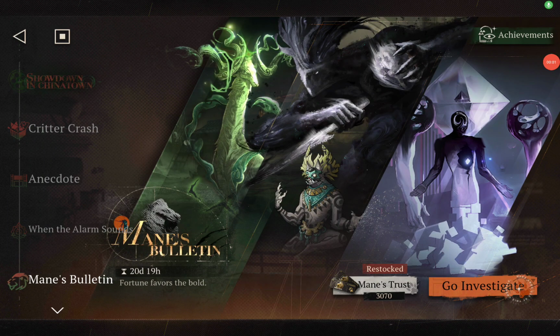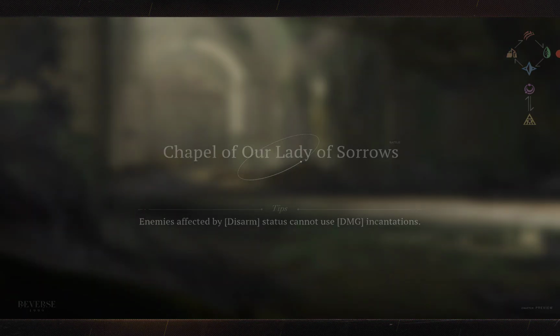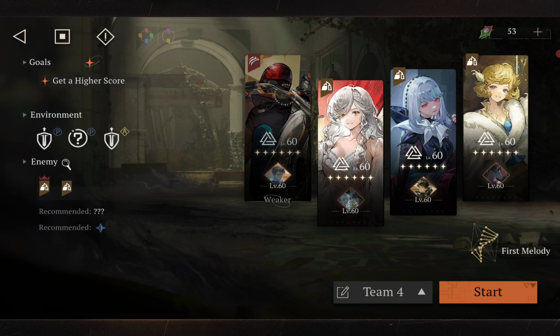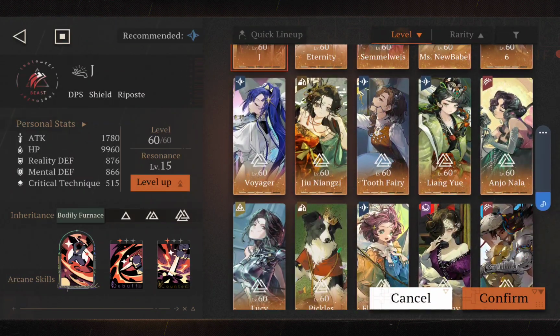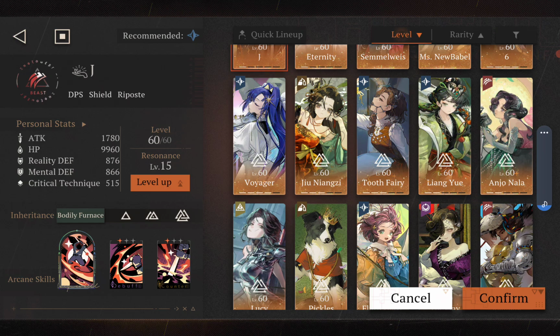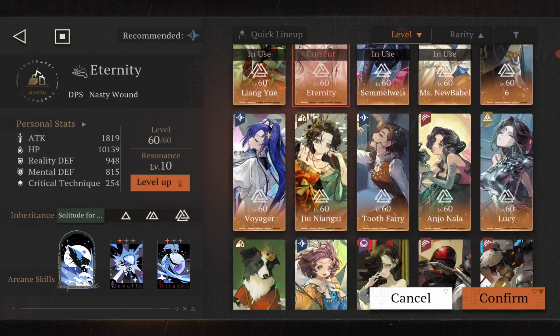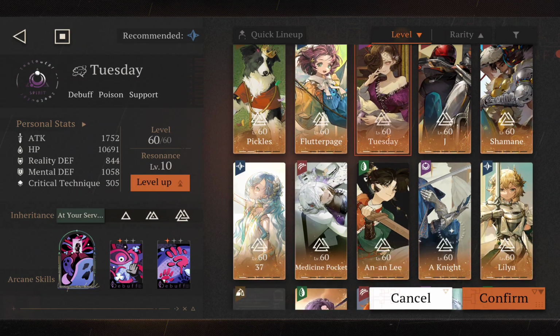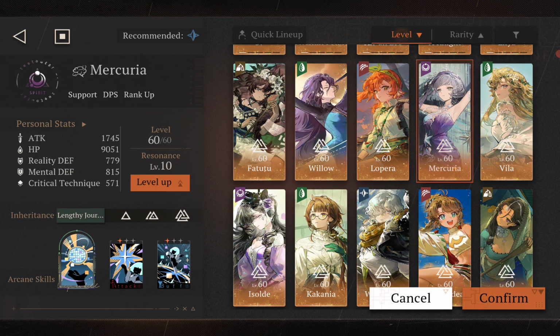Hey guys, so this is the tutorial for Liang Yue. I did the stage previously. Sorry, I've got to reduce the volume a little bit. Okay, so previously I used Liang Yue with the tree spirit character Tuesday for poison, Mercuria for rank up,